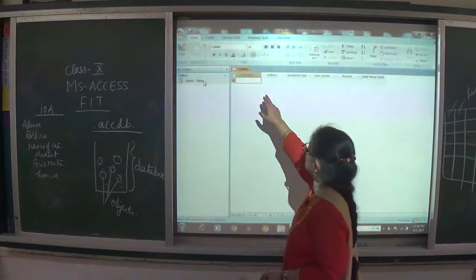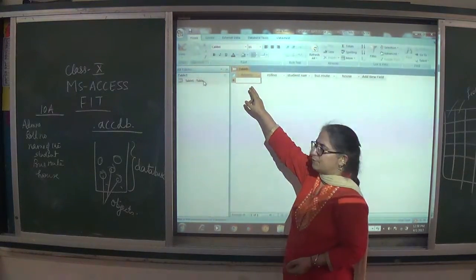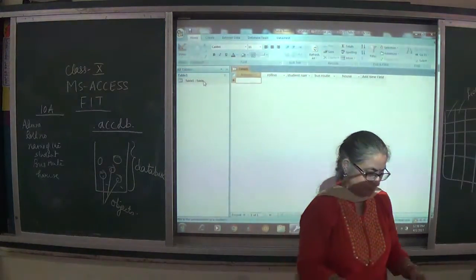Now this is the screen which you will get. This is the data sheet view. Now in this data sheet view, try to enter the data or the records.